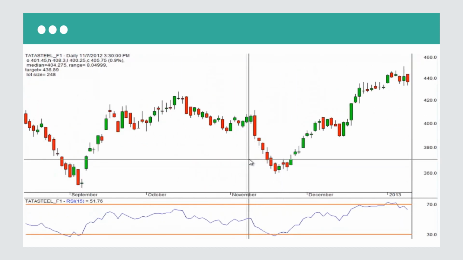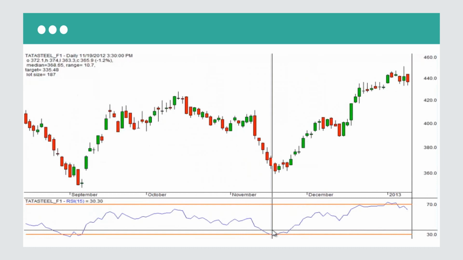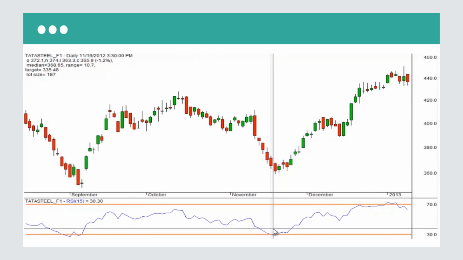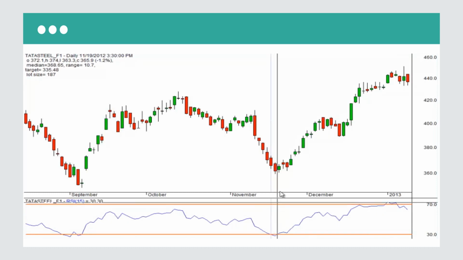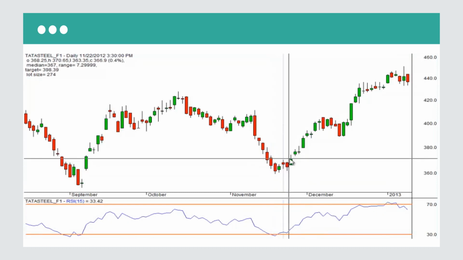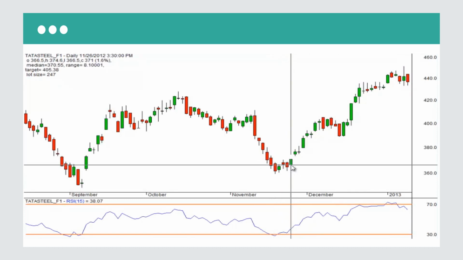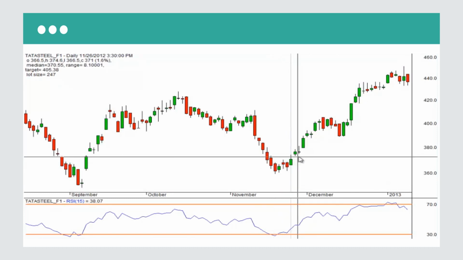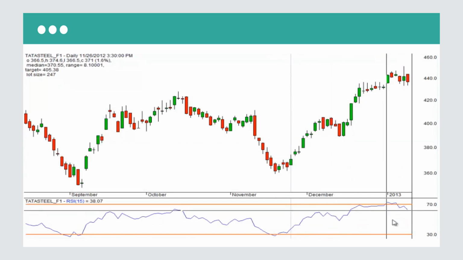Yeah, here it is. So we touched RSI 30 here. We're in buy mode, but we don't just buy. We always wait for a swing high to place an order on. It's simple. And we have a swing high here, and we simply buy on this day. So you probably purchased, the market went down, and we got a decent return again.